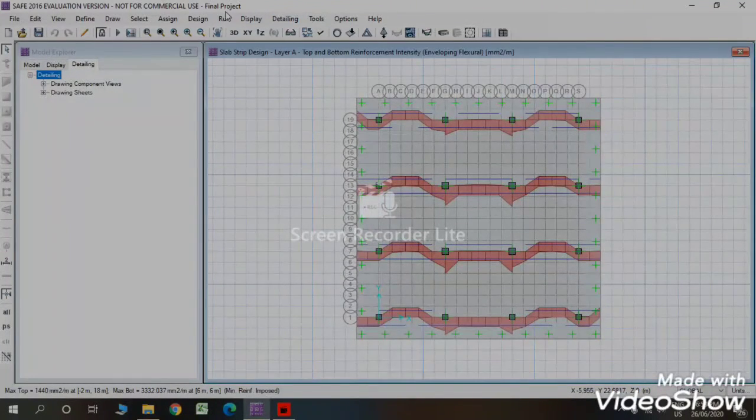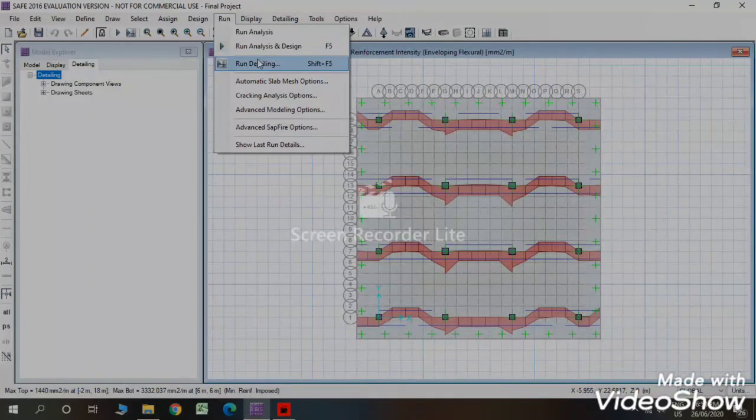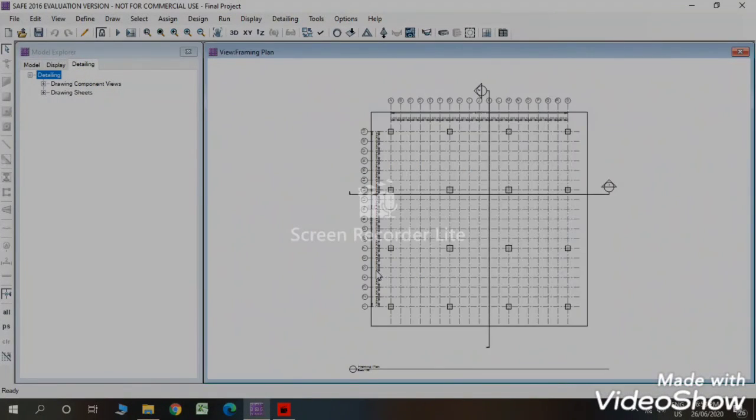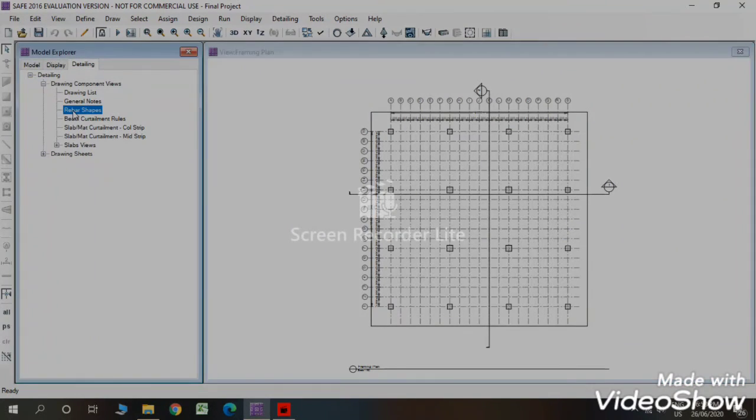Once this is completed, we will run detailing on the model. We can see different types of drawings here.